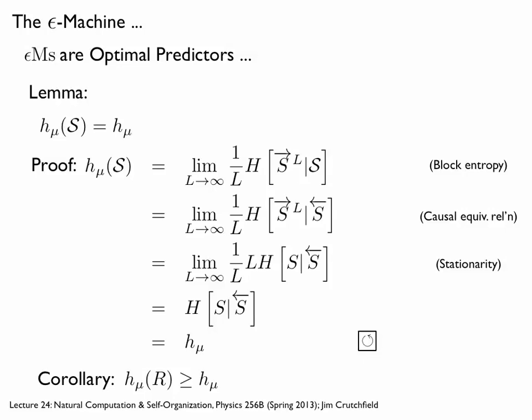And this is an immediate corollary of the previous thing, now that we have this optimal case. The Epsilon-Machine gives you the entropy rate of a process. Any alternative rival model perhaps does as well, but typically would do worse. It'll assign a higher entropy rate. Just combining the previous proposition and this lemma, we get this. So not only is it true for predicting L steps ahead, it's also the case that Epsilon machines are optimal for getting the entropy rate of a process.